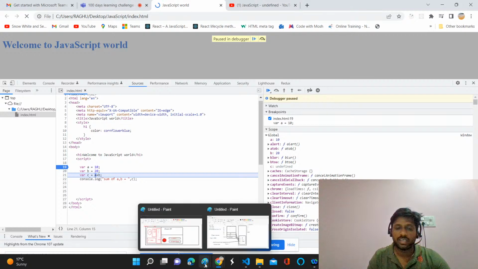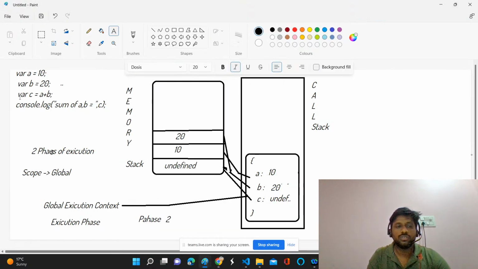In the same way, next line it will go and execute C is equal to A plus B. At the time what it will do, A plus B. First it will calculate A plus B, 10 and 20. The value of that A plus B is 30 and it will store that 30 into C. So it will push another block here